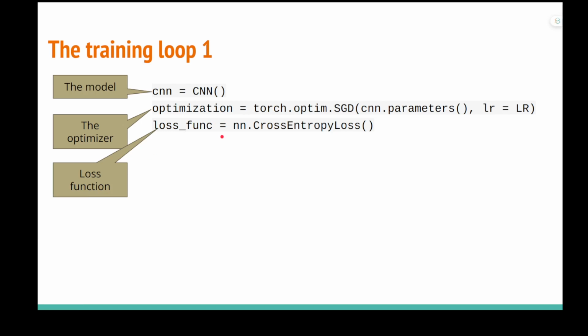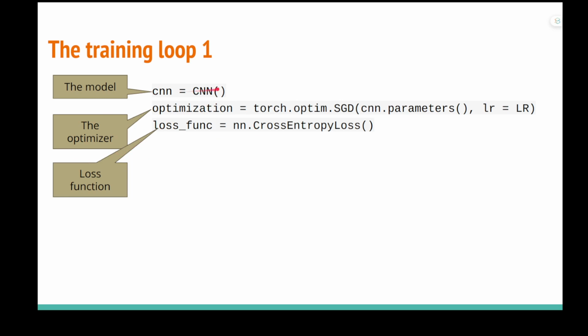After we implement the data loader and the data set, we can get the data from the file system. So the next step is to implement the training loop. So here is the typical training loop. There are three things we need to do here. The first, we need to define the model. We will go back to the model later. For now, we will focus on the optimizer and the loss function. Those three will be the most important components in the training loop.